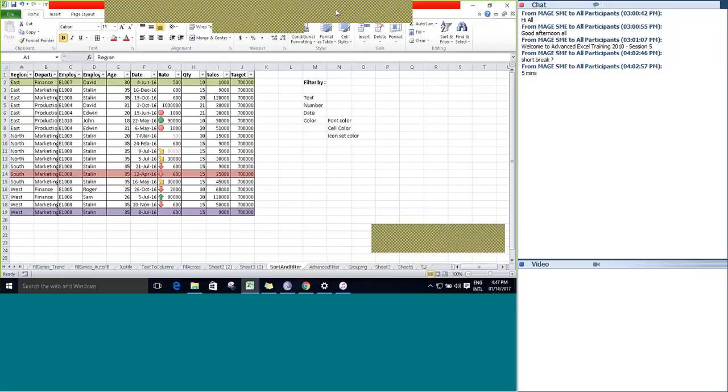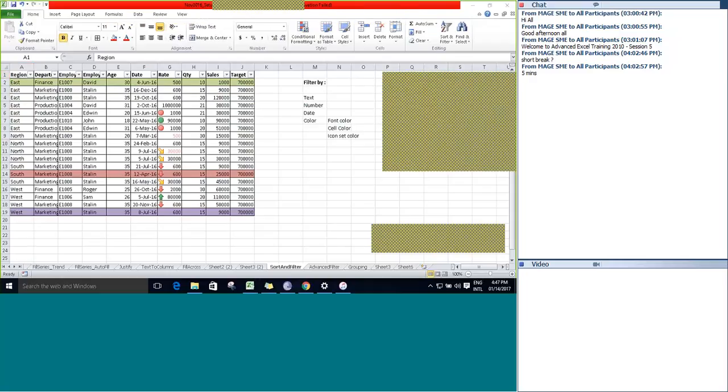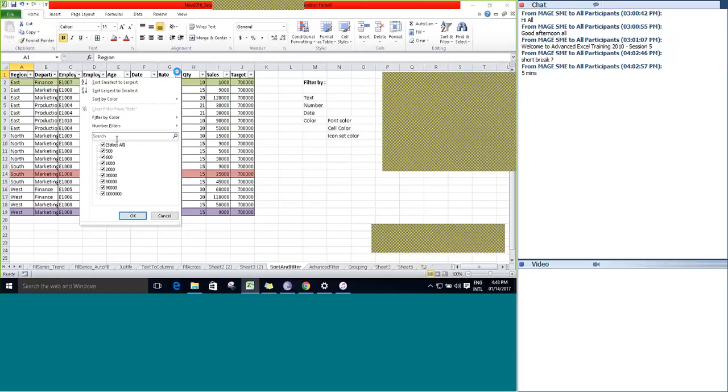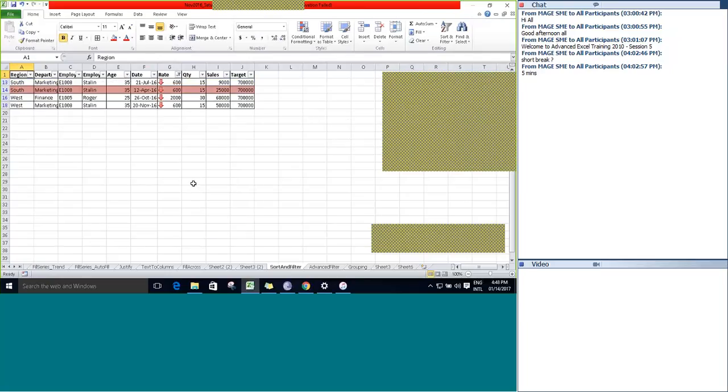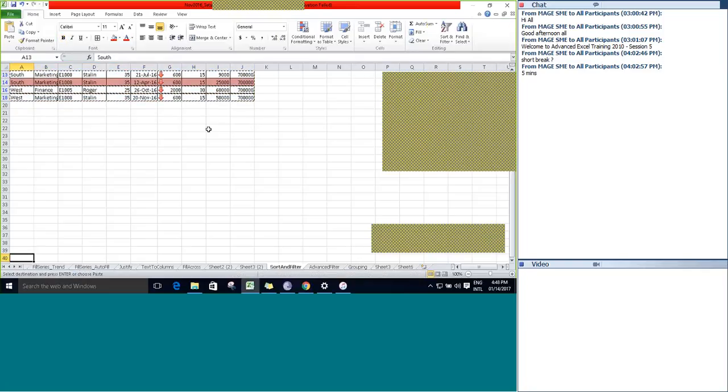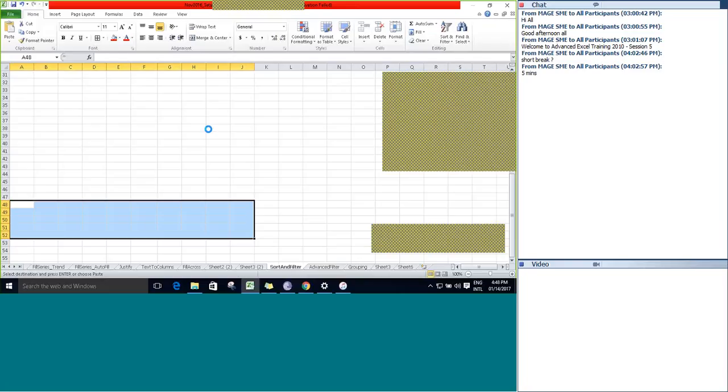So advanced filter is available. So Smita, answering your question, can we copy the result of the filter to new cells? Yes, you can copy the result to a new cell and place it in some other location of your choice. Say for example, if I go by color filter here, if you want to copy the filtered data, you can copy it and then paste it like this, right?